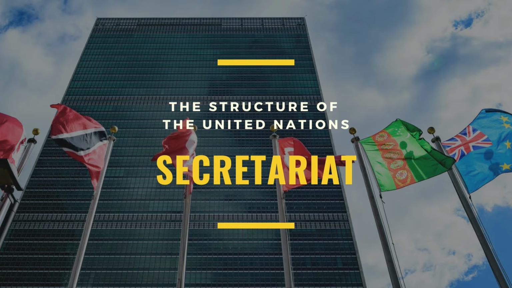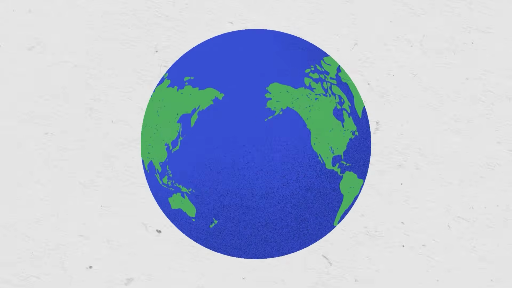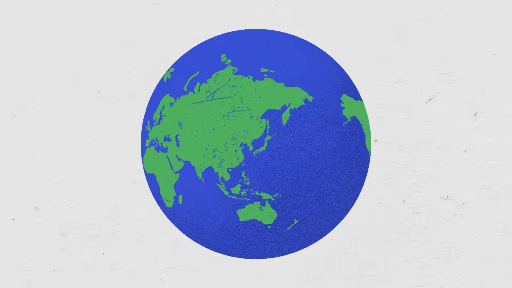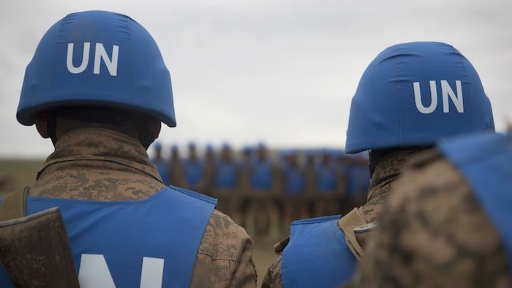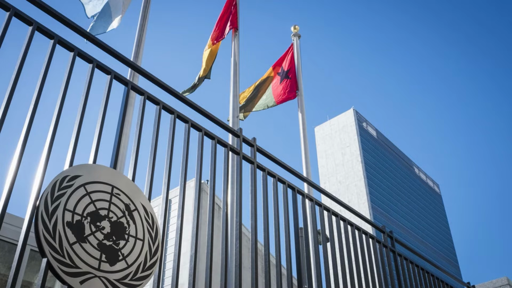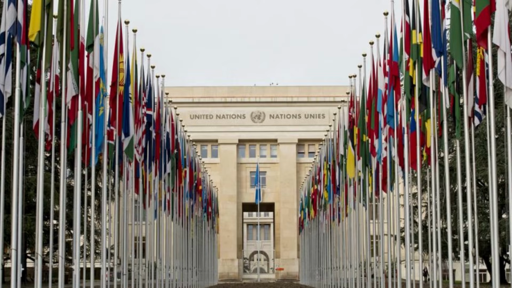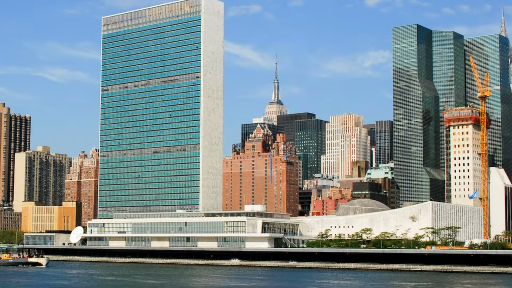The Secretariat is the backbone of the UN, consisting of over 43,000 international civil servants from 186 different countries. These individuals are responsible for administering peacekeeping operations, conducting studies, translating documents, organizing conferences, and working with the international media, among many other things. The staff takes an oath of not seeking or receiving instructions from any government or authority outside the UN, ensuring that they remain neutral and impartial in the performance of their duties.